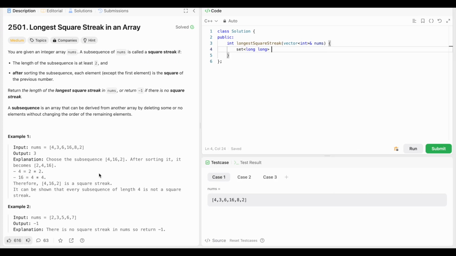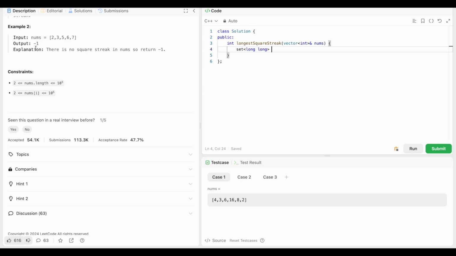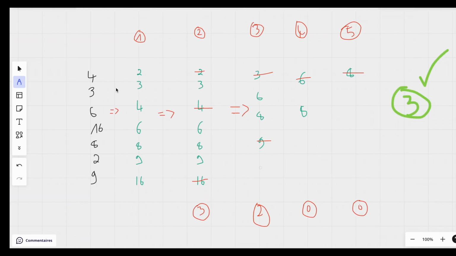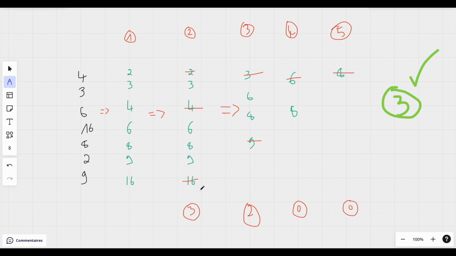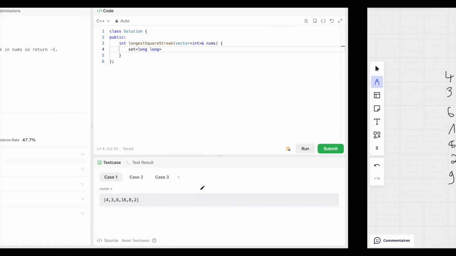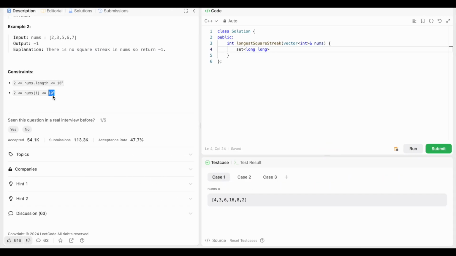The constraint is saying that the biggest value is 10 power 5, right? But don't forget that when you're taking an element, you are squaring the element to find the next element. And after squaring the element that you have, if you have maybe 10 power 4, the square is going to be 10 power 8, which is above what int can support. That is why it will be good for you to have